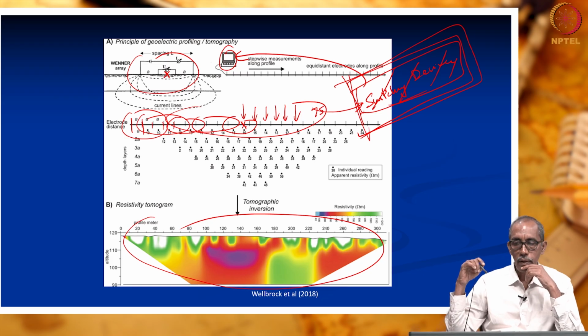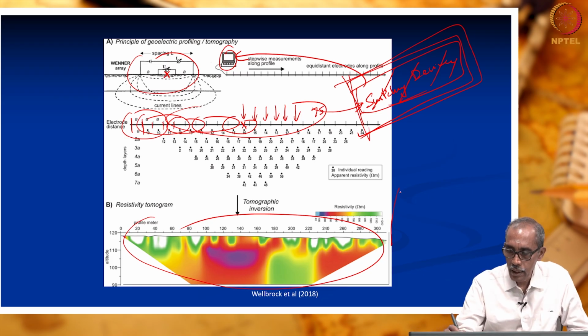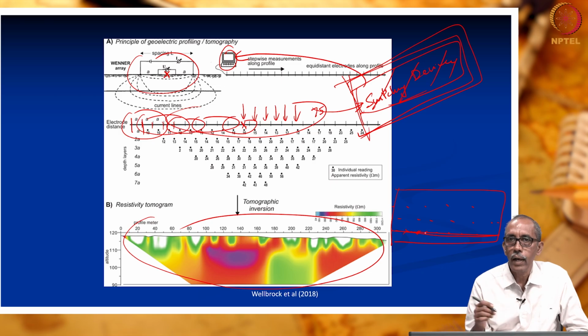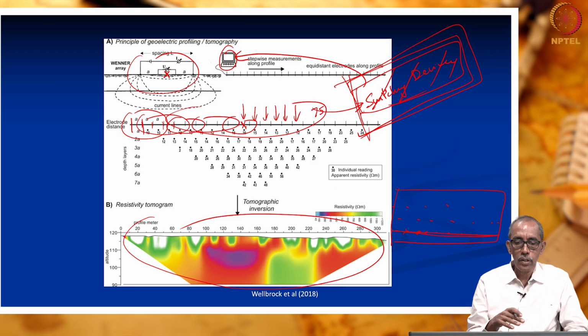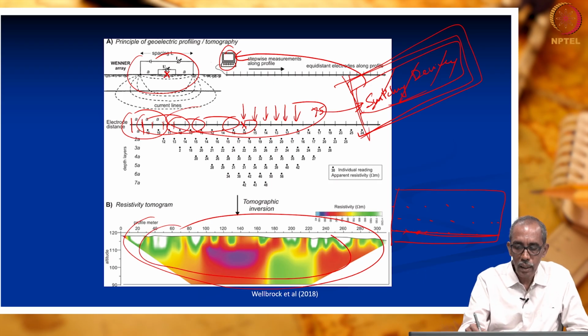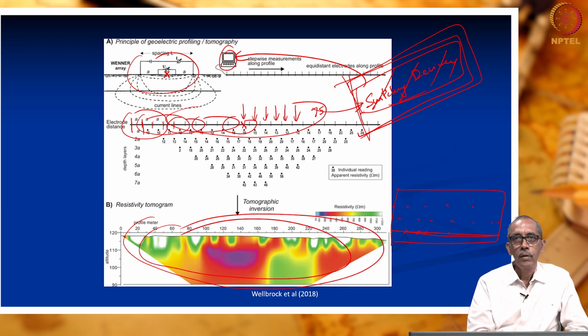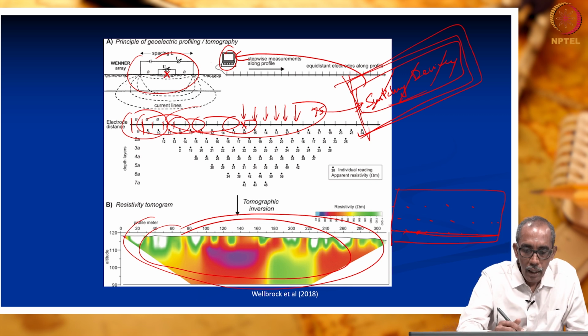How do we get the image of the subsurface? Because this is our study area, we have kept electrodes at all these locations, right. So, when we do profiling and sounding along this line, you have information below that particular line. What information do you have? This information you have obtained during the survey. That means we have obtained the apparent resistivity values at different locations below the surface of the earth, right.